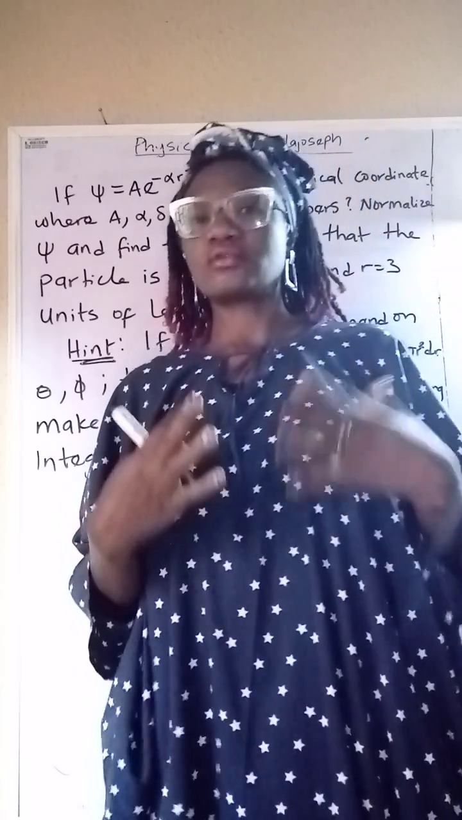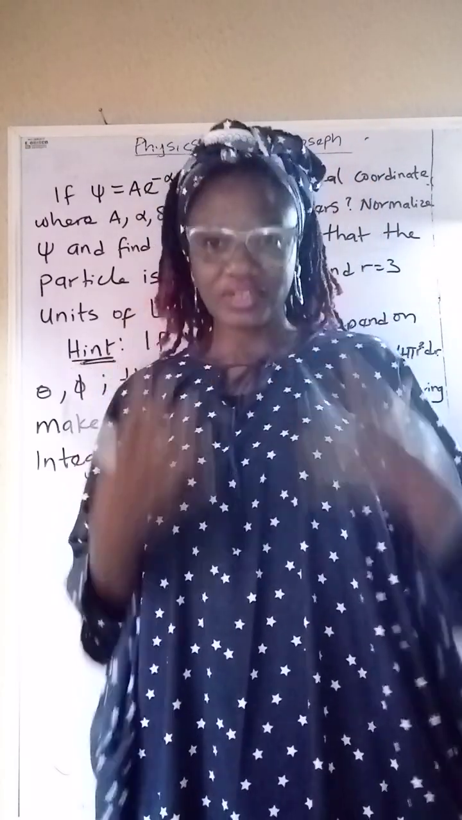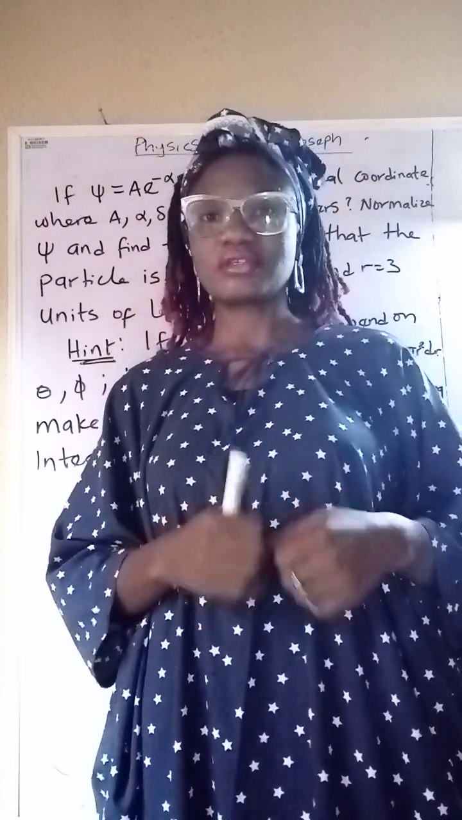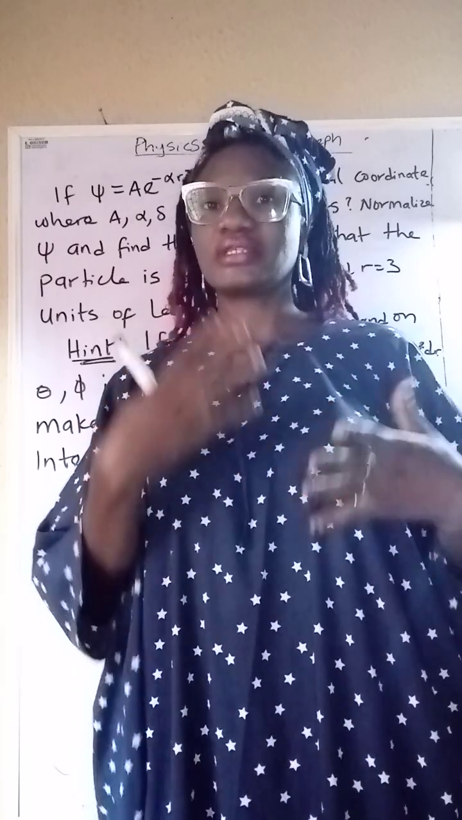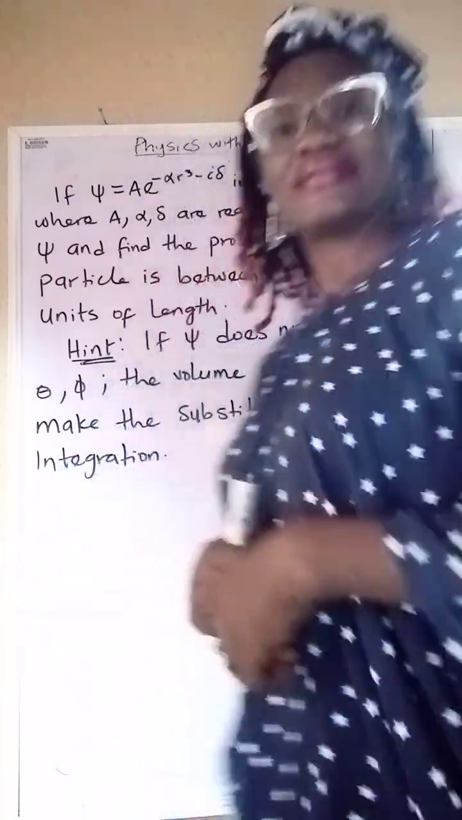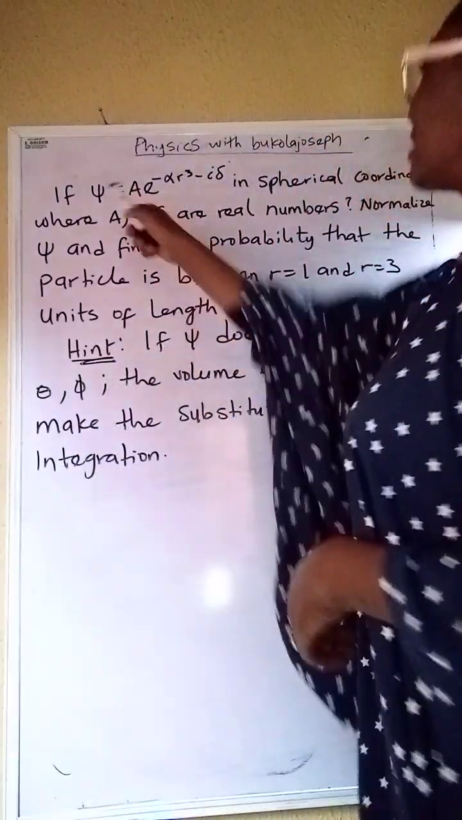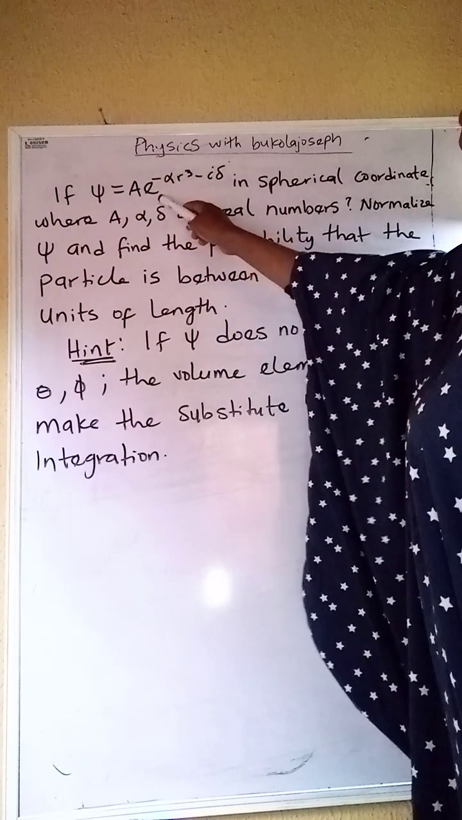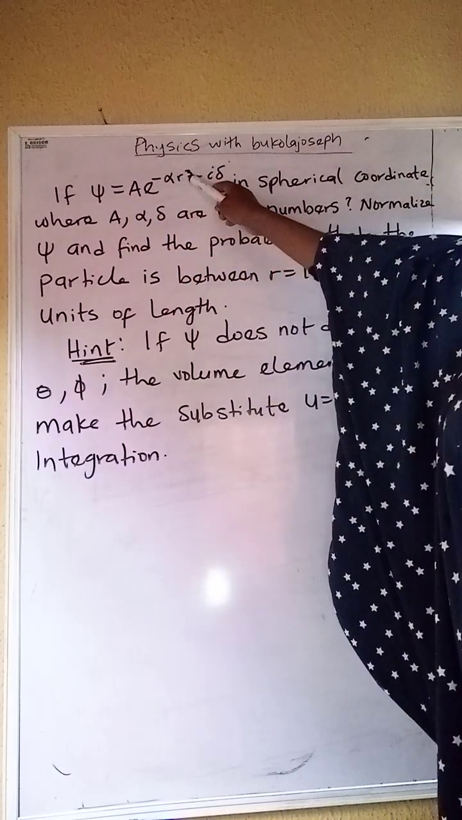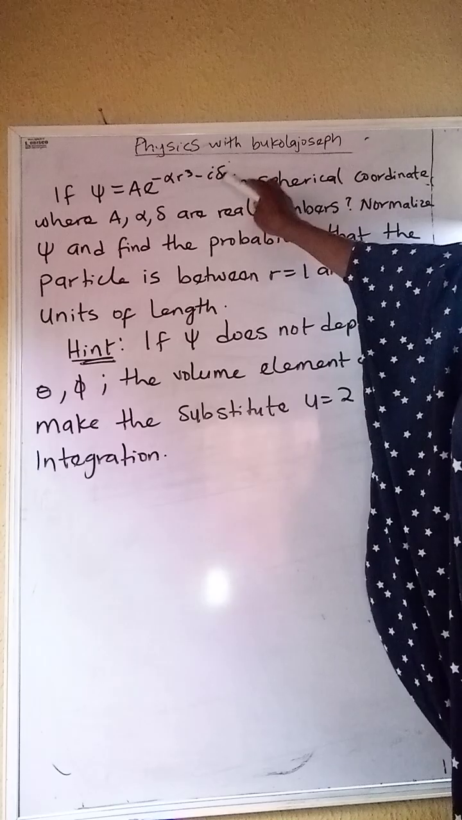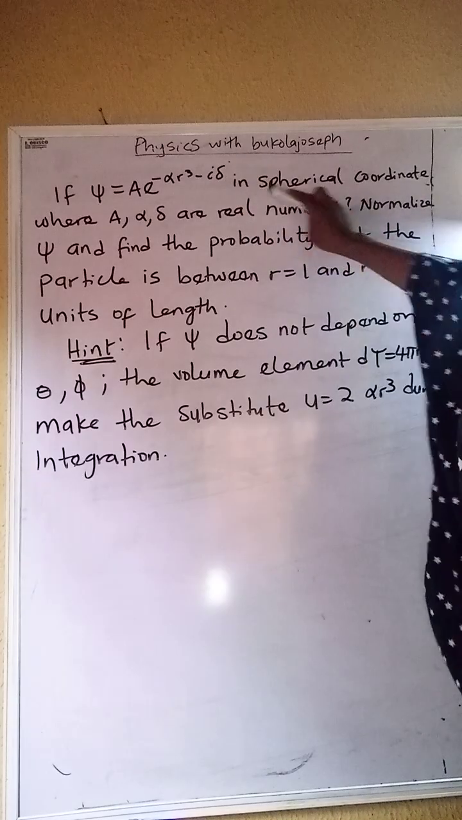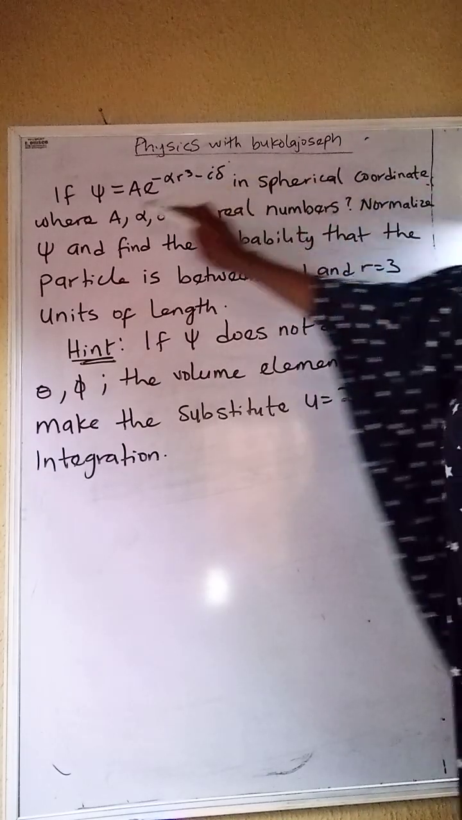Hello, so we are going to be solving a question on quantum physics. I'll read the question and then we'll tackle the problem together. Let's go. If psi is equal to a exponential minus alpha r cubed minus i d in spherical coordinates, where